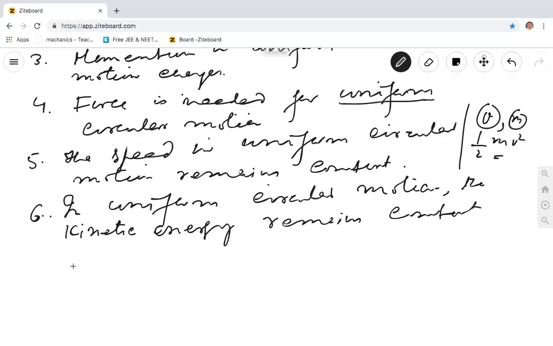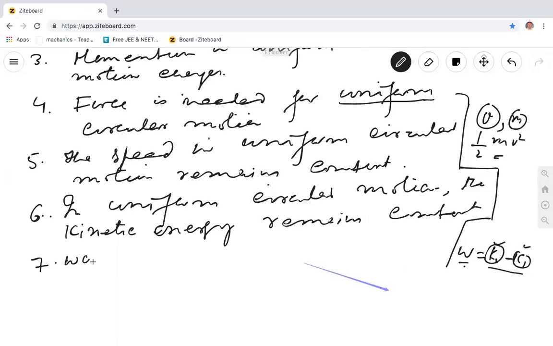Okay, here again, something else comes out. If kinetic energy remains constant, then there is no work done. If you have done the work-energy theorem, work is equal to change in kinetic energy. Work is equal to K2 minus K1, final kinetic energy minus initial kinetic energy. If kinetic energy remains constant throughout, the change in kinetic energy is 0, so work done is 0. So work done by the force